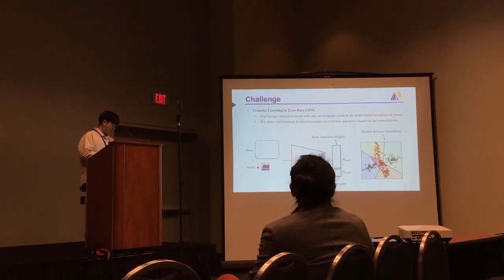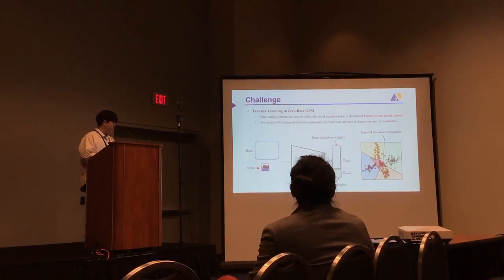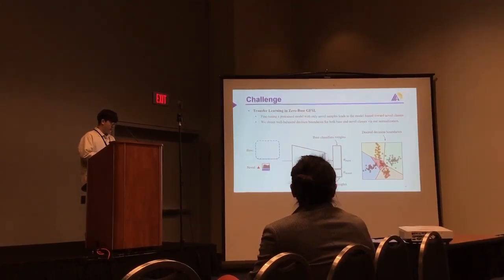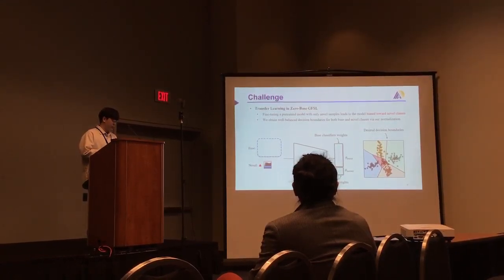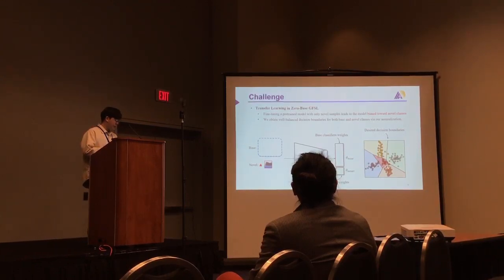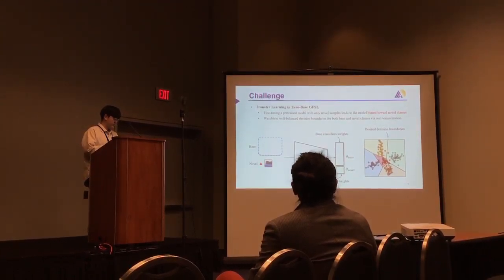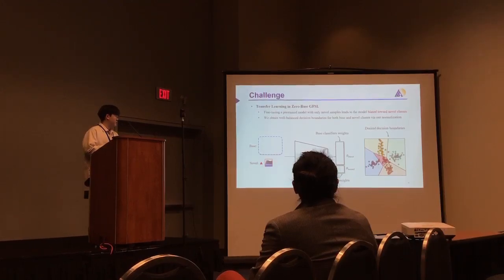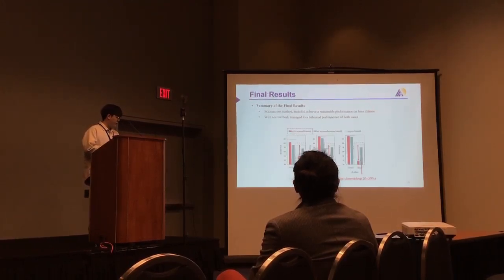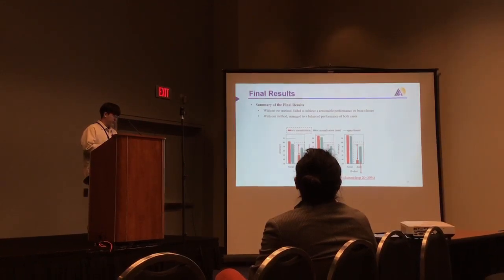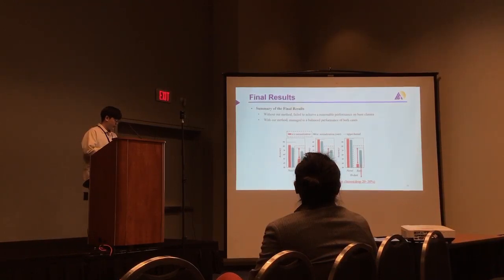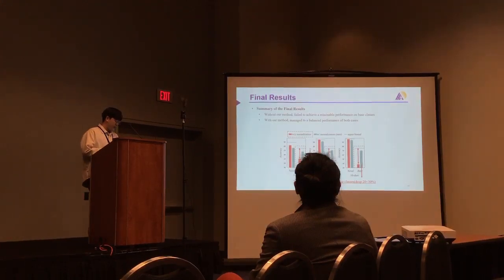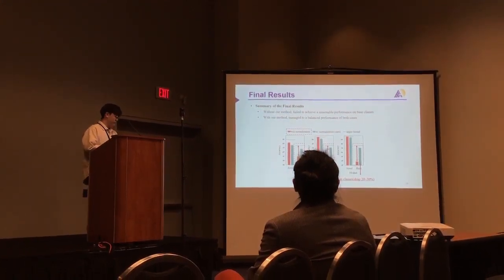But in our solution, which is the desired result, as you can see, the red triangles and star class areas are now separated. We obtain well-balanced decision boundaries for both base classes and novel classes. We use normalization, which controls the statistics of the weight distribution of the novel classifier and base classifier. As a summary of our final result, in all scenarios, 1-shot, 5-shot, and 10-shot, our normalization method achieves accuracy almost close to the upper bound, and you can see from this figure how large the gap is between previous work and our work.